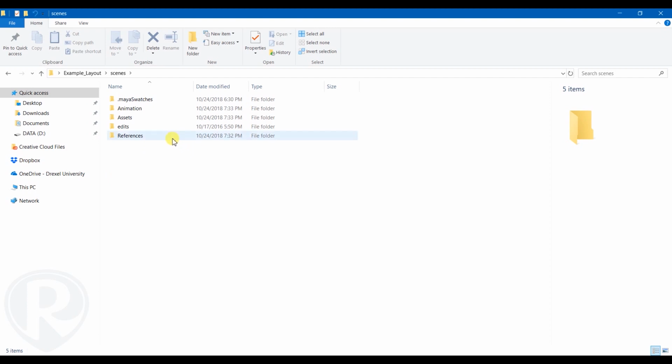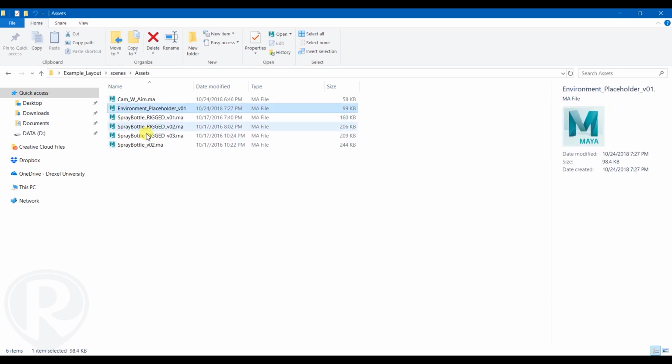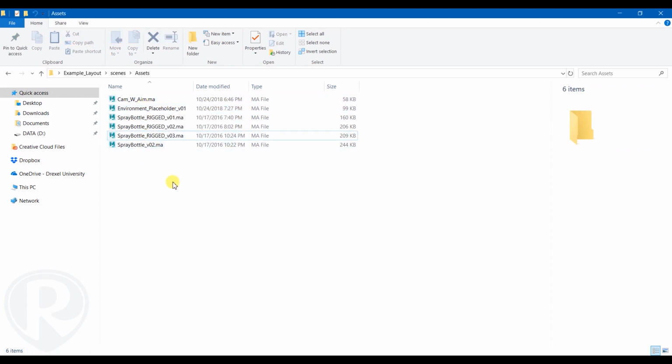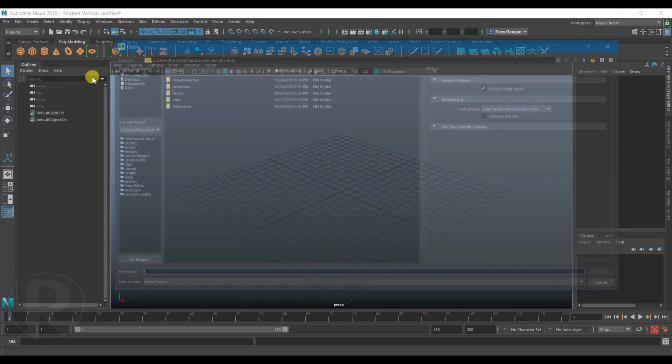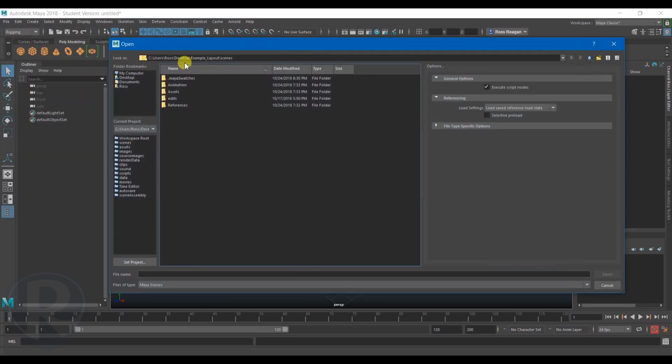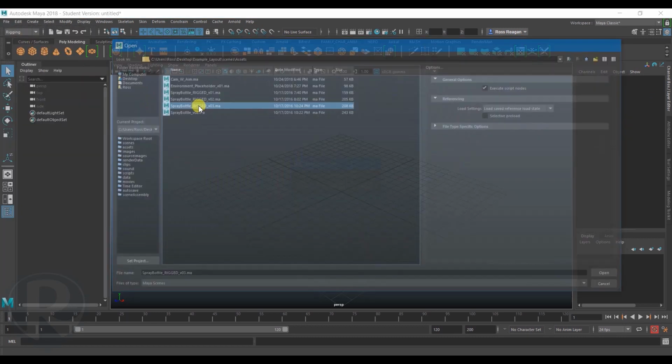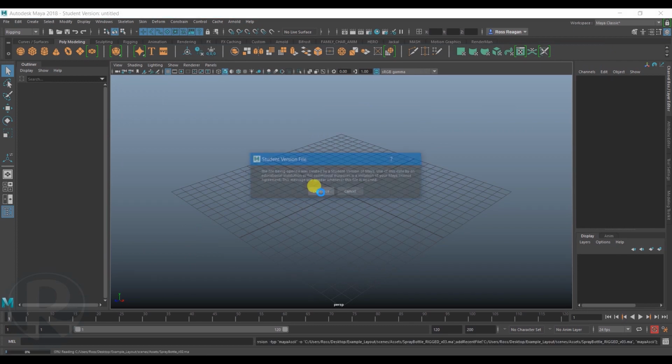So why did I make this references folder that has nothing in it? The reason for that is because I don't actually want to reference in my environment or my character rig directly. I kind of want to make a copy of each one of these, and we'll see why. I'm going to open my rigged character,